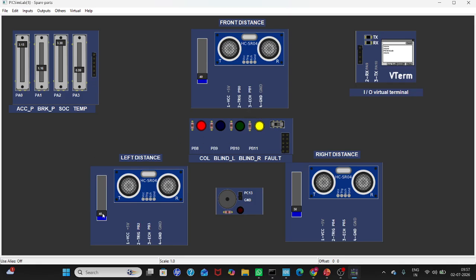And here the left distance and right distance are based on the speed. If the speed is greater than 20 kilometers per hour and the vehicles are near, then we can observe this blue light and green light will also glow. And based on these sensor values, we can easily